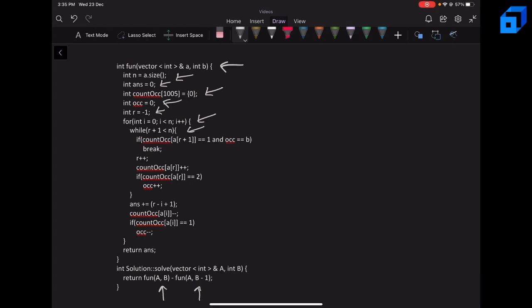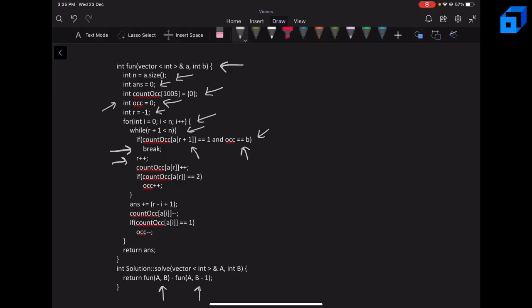Now we need to check if we can actually take the r plus 1th element or not. So when can't we take the r plus 1th element? When it increases the number of occurrences more than b, right? So when will the number of occurrences be more than b? If the frequency of the element which we are taking is equal to 1. So if we take the element, the frequency will be equal to 2. So this will increment the occurrence value by 1. So if our current occurrence value is b, it will be b plus 1 now if we take this element. So this is a case where we cannot take the r plus 1th element and we will break.